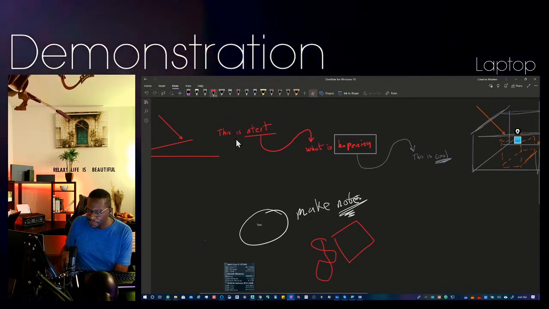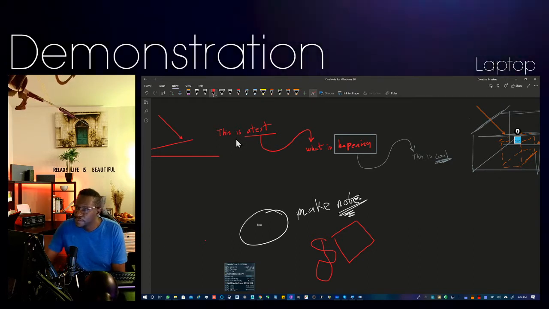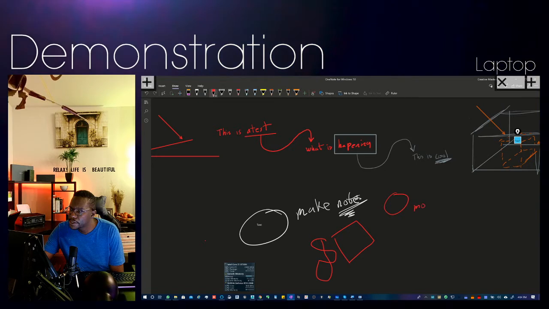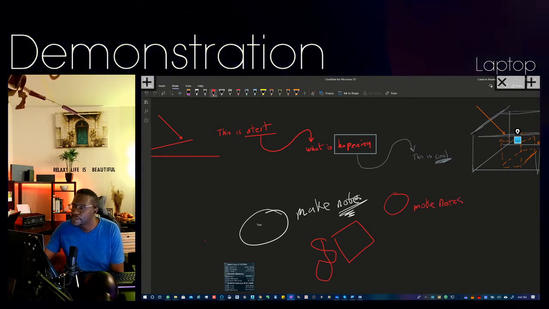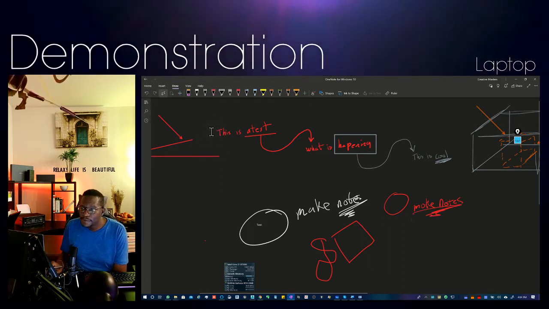Now, if you happen to have a touch device with a pen, then OneNote becomes an excellent tool to make notes, right? And it's also a great tool for typing.